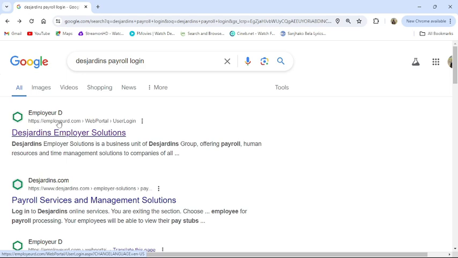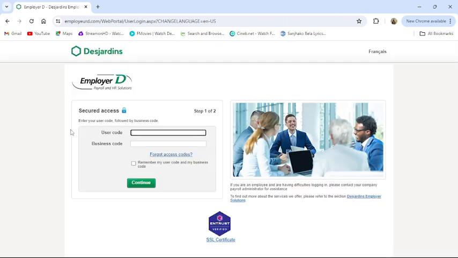Then go to the first result that shows up or go to employeeurd.com/web portal/user login. It will then take you to the login portal of Desjardins. There enter your user code, then your business code. Then click to continue. Then you should be able to access your Desjardins employee ID, and from there you can